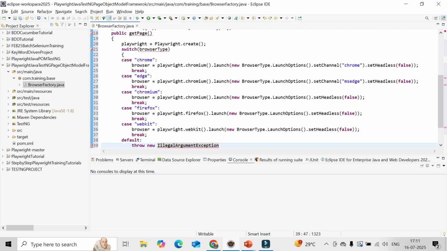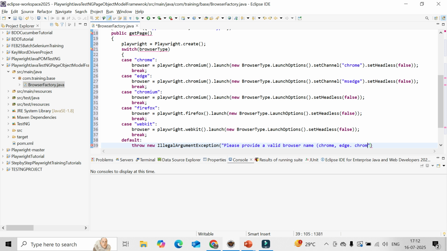That is what I can generate, and here I can give an error message: please provide a valid browser name, and I can give a bracket. Here I can give Chrome, comma, Edge, based on the sequence I've given,